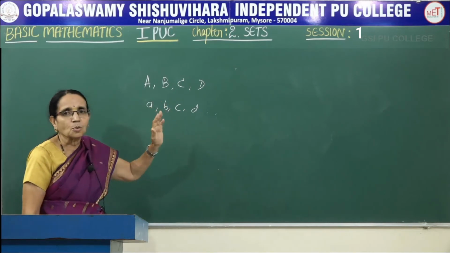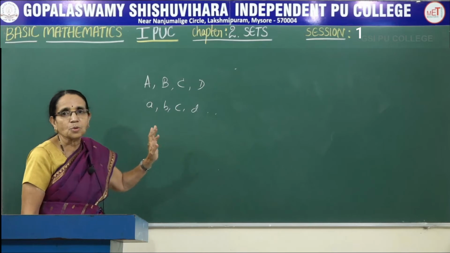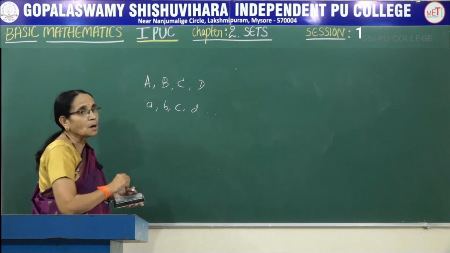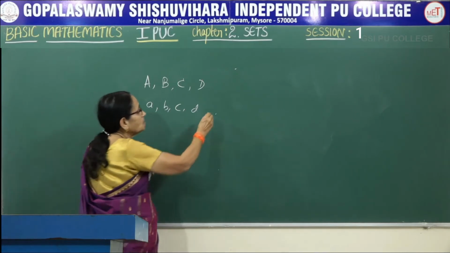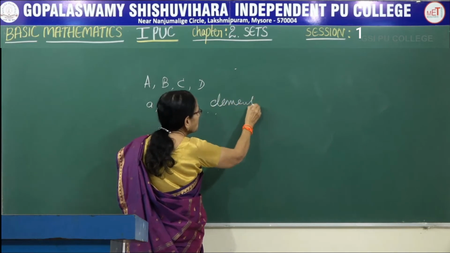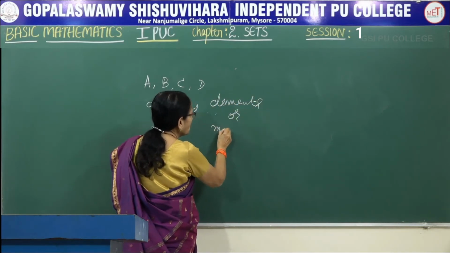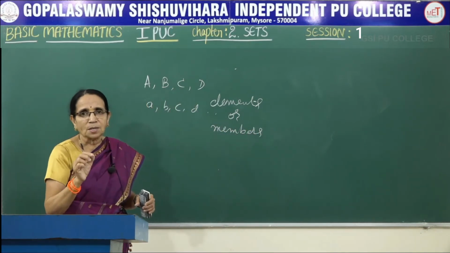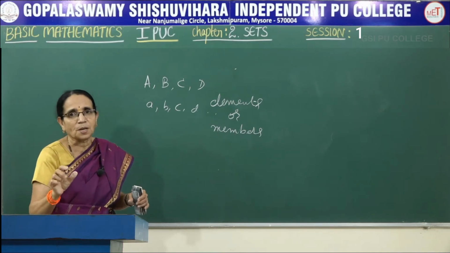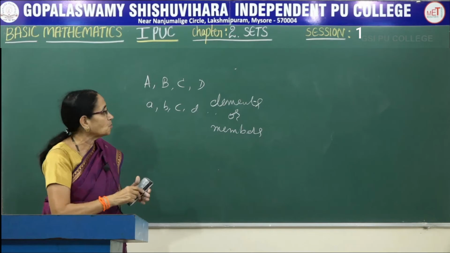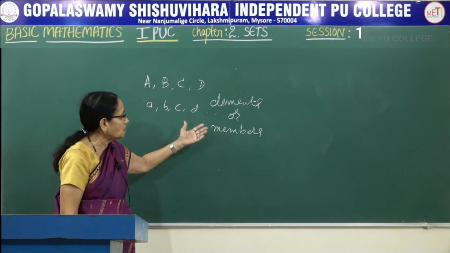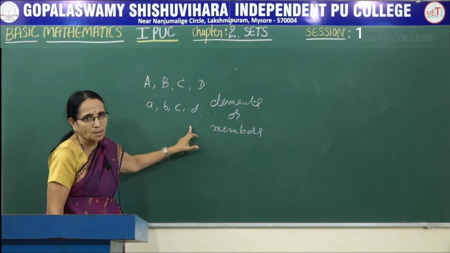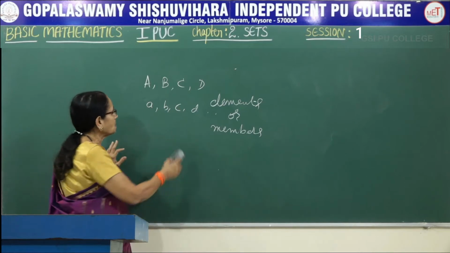So, the capital letters are used to denote a set and small letters are used to denote the objects of the particular set. Now, I have used the word objects. They are also called elements or members. Any one word you can use. Usually we say elements of a set, though in the definition I say it is a well-defined collection of objects, because in the beginning we consider objects. You can call them objects or elements or members of a set. So the members or elements are denoted by small letters. The sets are denoted by capital letters.